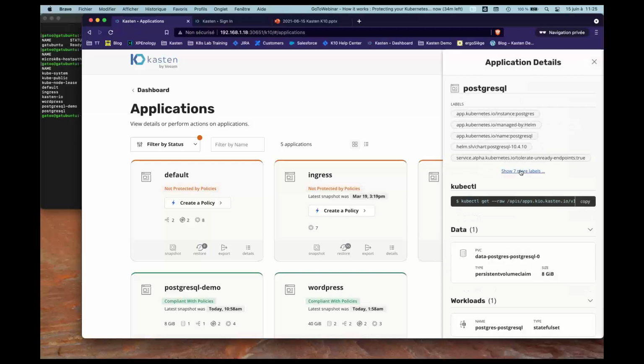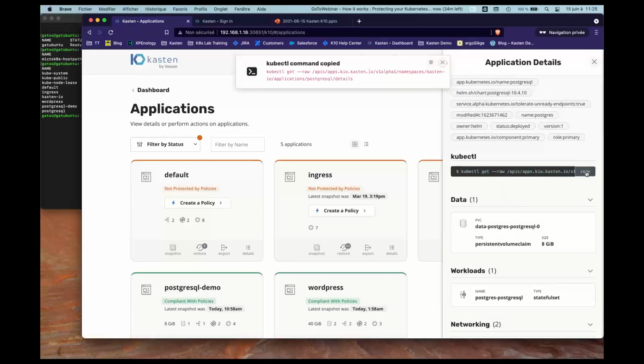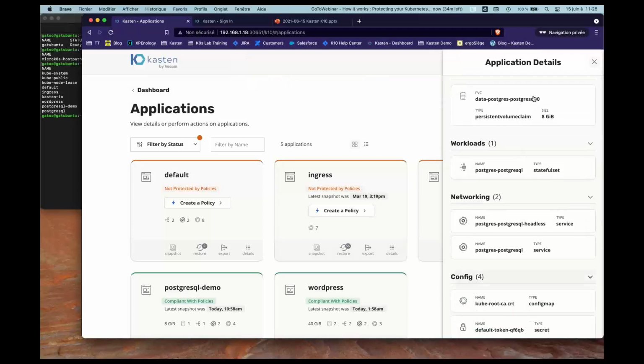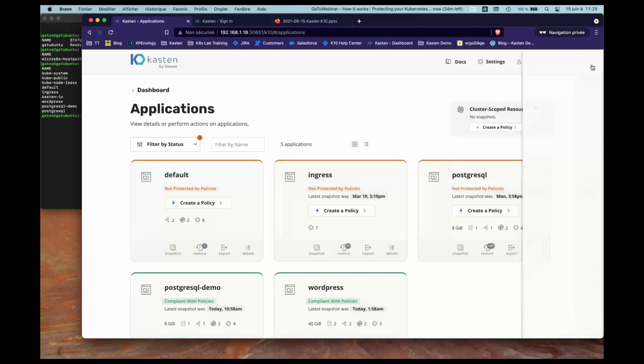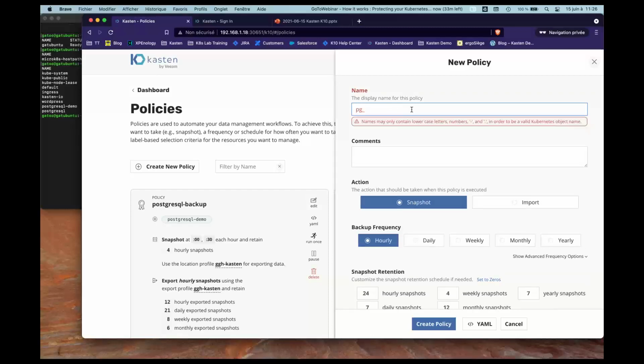I can review the different details of my application, so different labels, the kubectl native command that is being run on top of our API, and then I can review the different components of my application. So if I want to back it up, pretty simple. I can move back into my policy tile, select any new policy and add this application, or I can create a policy and dedicate it to my PostgreSQL database. So let's say that it's going to be a Postgres, it's going to be a PG backup